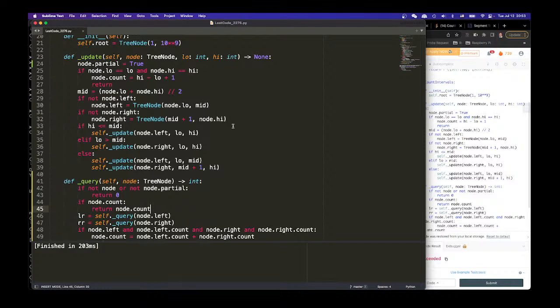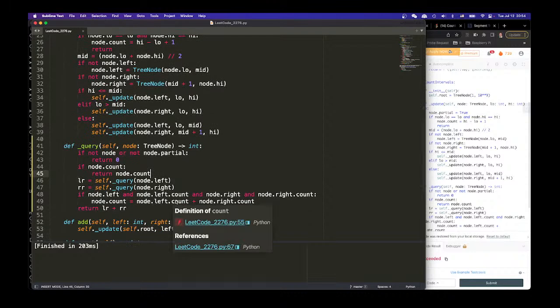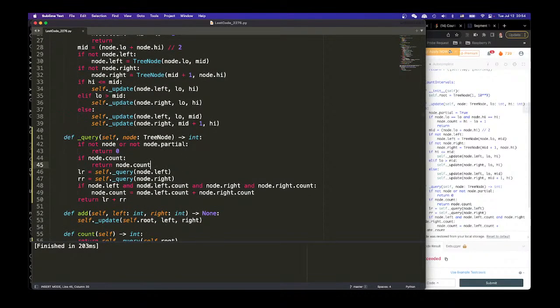Or maybe we can, I don't know, every time we add, if we have not added anything and then we query, we can just return the previous query. So we don't have to go through the whole thing. You see what I mean? So we do add, and then when we query,